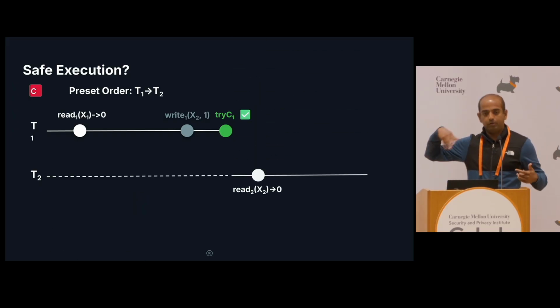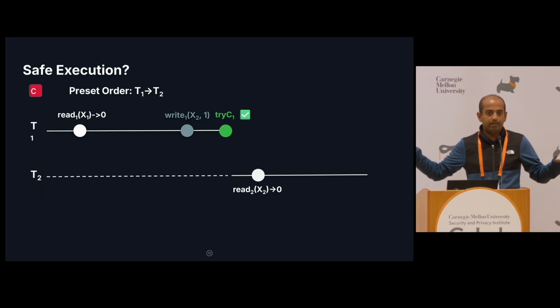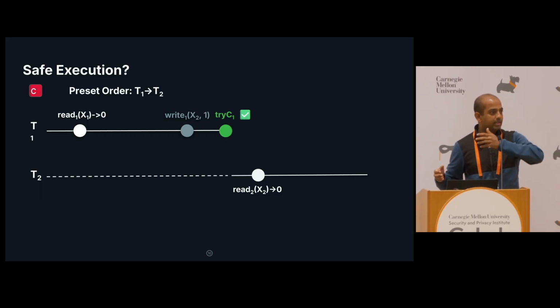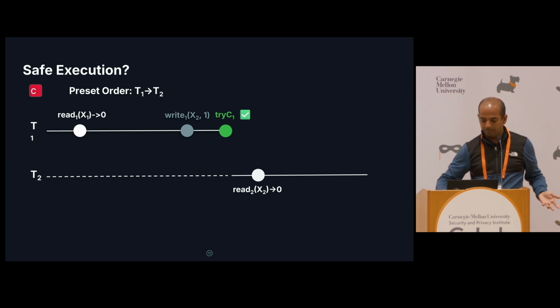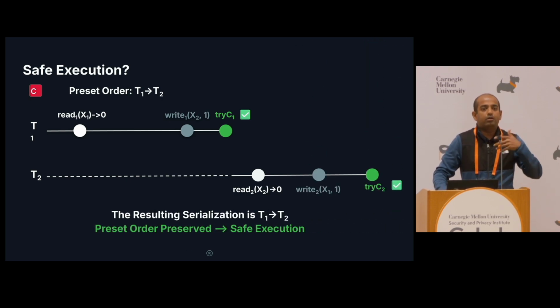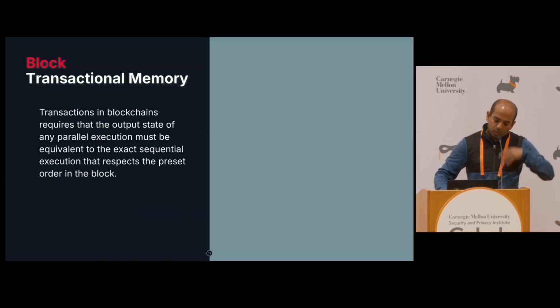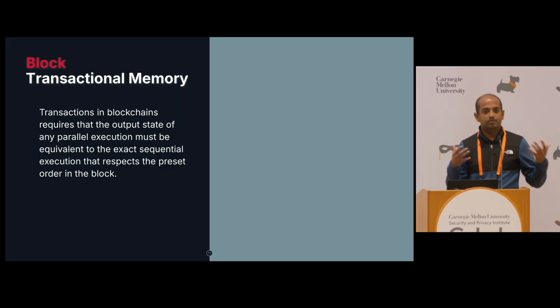So even though I have two hardware threads and I'm trying to exploit my concurrency, I really can't do anything here because I'm forcing transaction T2 to wait for transaction T1. And this is the preset ordering curse that all blockchain parallel execution algorithms have to deal with. And one of the solutions that people talk about in terms of building this in a highly